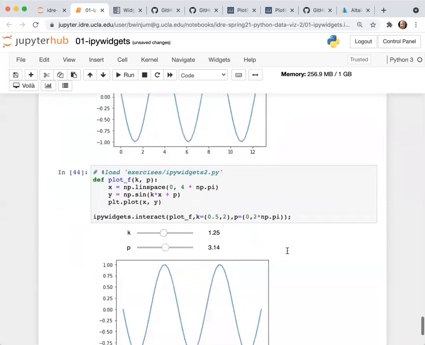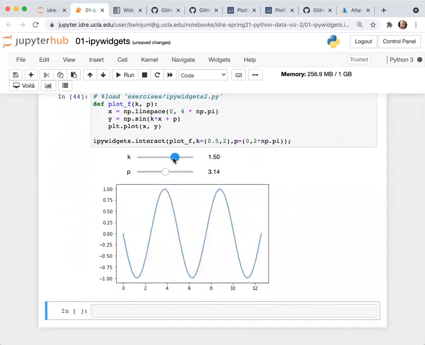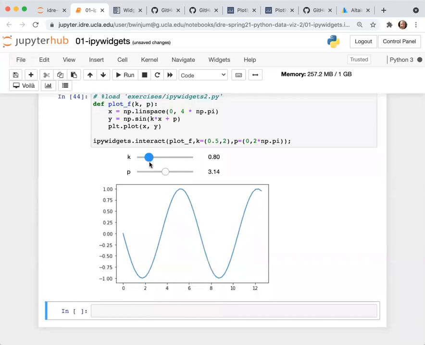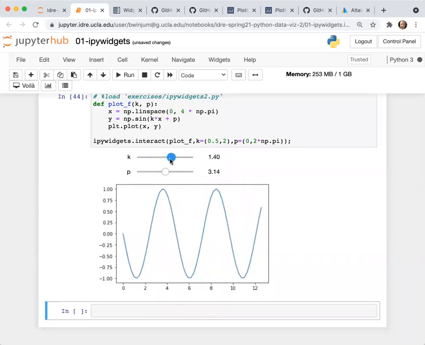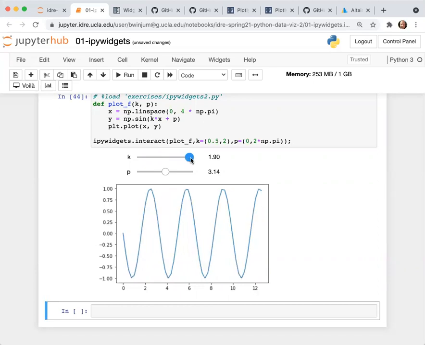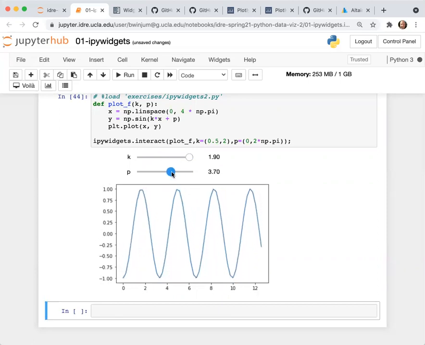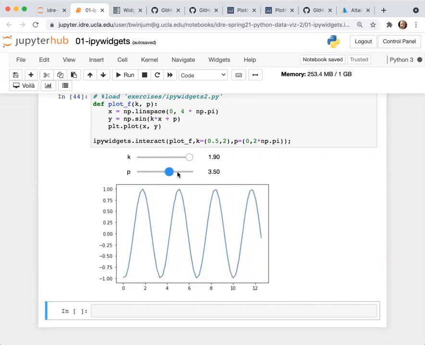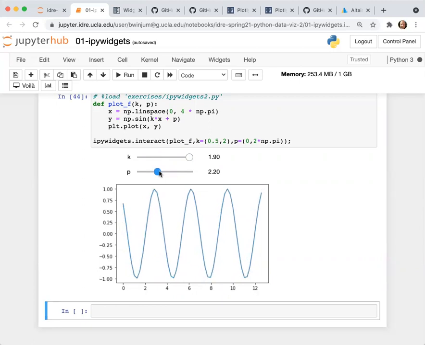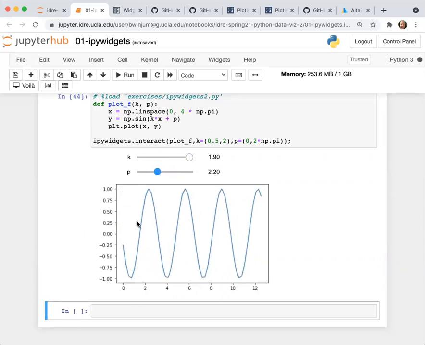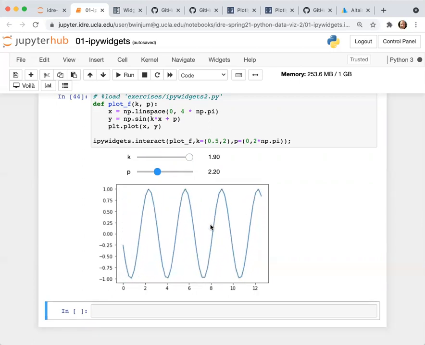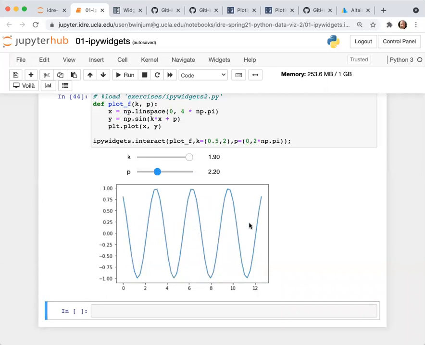And when I execute this, now you can see how changing k changes what the wavelength is. So k has an inverse relationship with the wavelength. As you increase k, the wavelength gets shorter. And then as you vary p, here, by the way, you can see what happens when there's a lot of lag between the slider and the graphic. But varying p changes the phase, which translates the wave in the positive or negative direction. And it's still not done, they're finished syncing up.